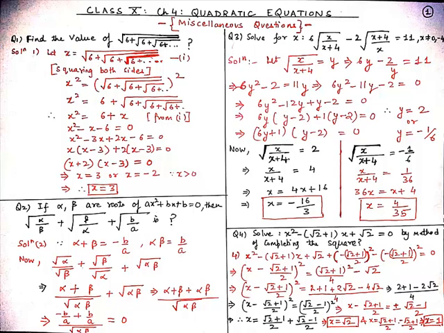Now on equating it with RHS, we get x = (√2 + 1)/2 + (√2 - 1)/2. So from here we get 2√2/2. So 2 and 2 will cancel out and x = √2. And when we take negative term, we get x = (√2 + 1)/2 - (√2 - 1)/2. So from here √2 and -√2 will cancel out and 1 + 1 is 2. So 2/2 is 1. So from here we get x = 1.